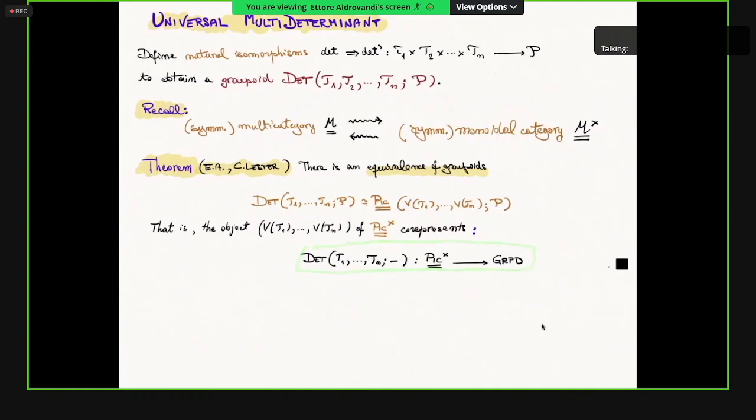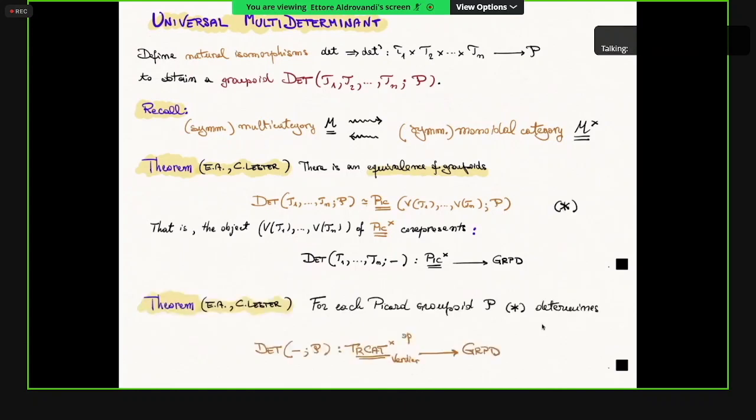So we find a complete analog of the single variable case. Moreover, there is functoriality also in this variable. So this is clearly functorial in this variable, but there is functoriality in a sense in this variable,